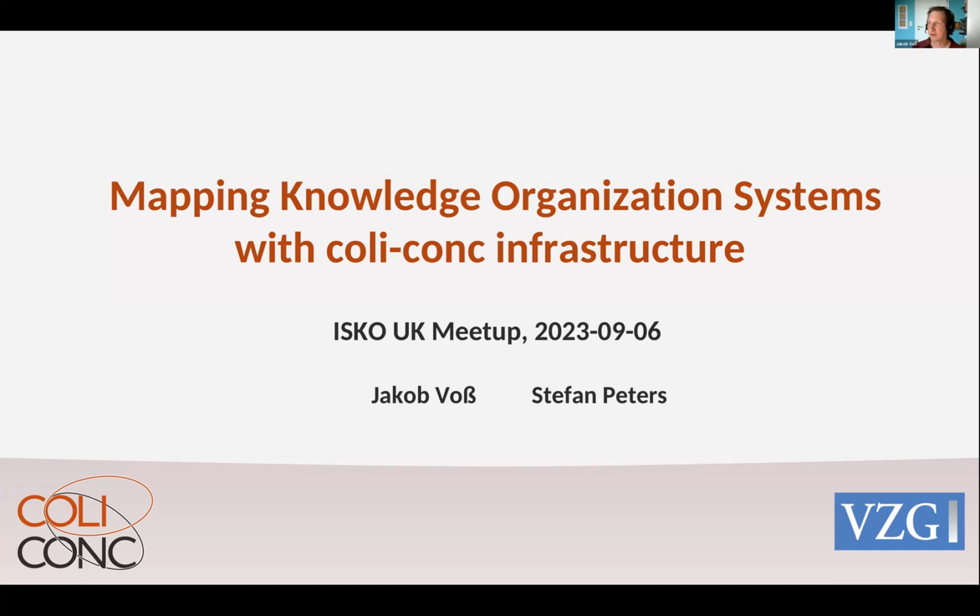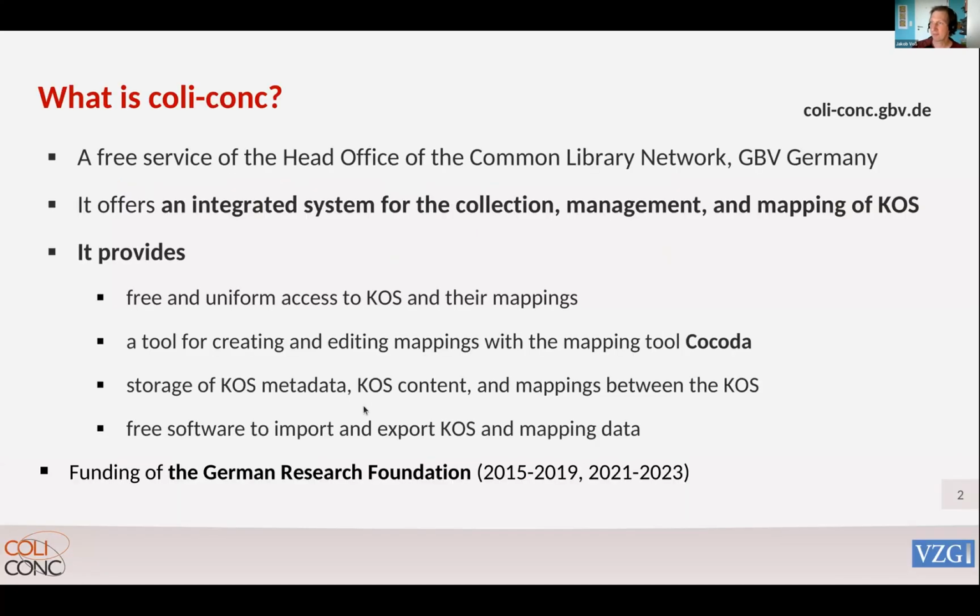As already said, coli-conc is an infrastructure, or you could also say it's a project because we got some funding, or it's a free service of the head office of the Common Library Network GBV. So our employer is a public service institution for the libraries, and we offer a system for collecting, management, and mapping of knowledge organization systems. To summarize, coli-conc provides first the access to the systems and to mappings, then a tool,